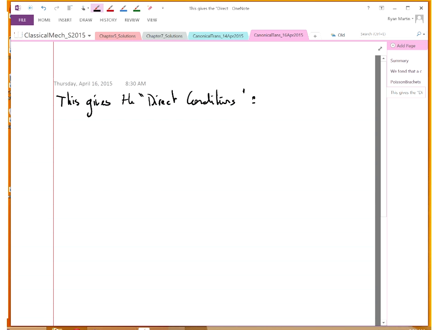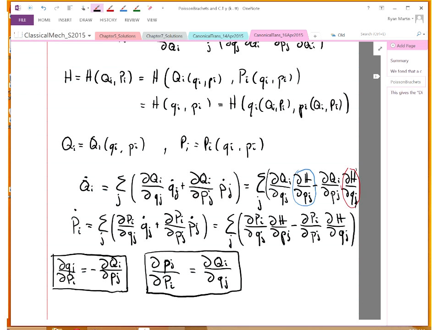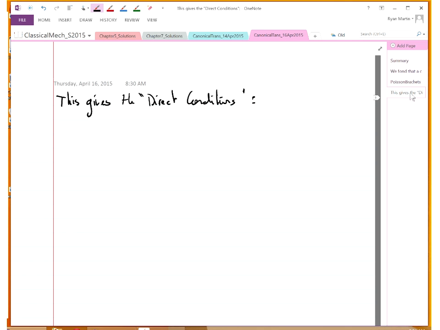So this gives four equations that are called the direct conditions. So I'll rewrite the two that I just wrote, and then you're convinced that I can make two more by looking at the ∂H/∂ whatever in the p_i terms, right? So that'll give me four equations. The four equations are